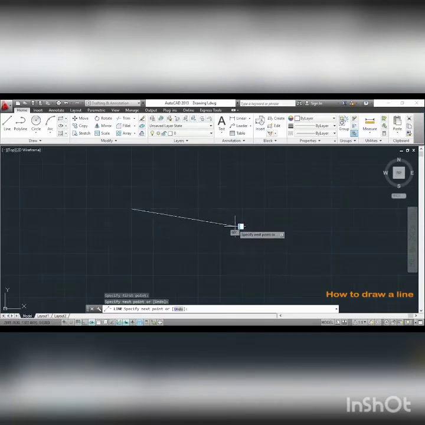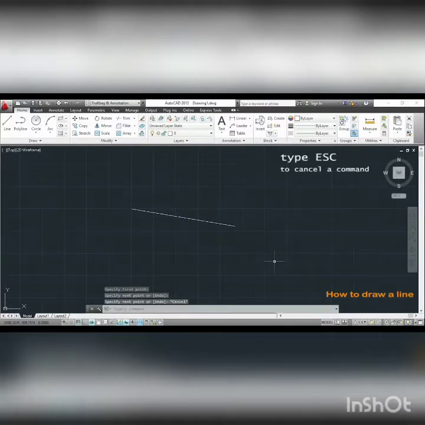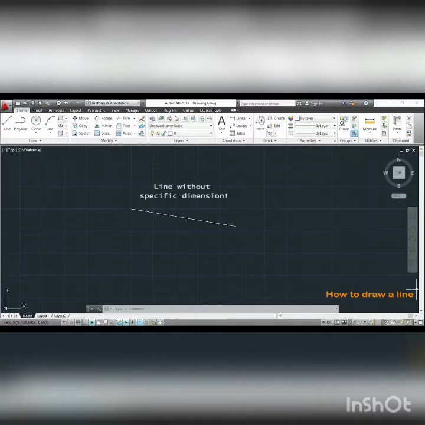Now I can draw the second line from there, or press escape to deactivate the command. So the line will be created, but in this line there is no specific dimension,